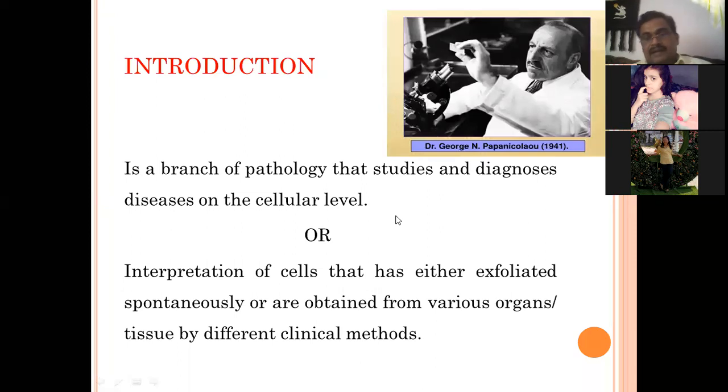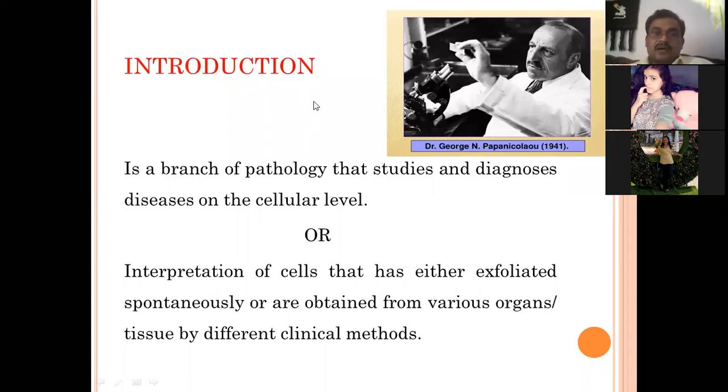Usually the cells are tightly bound with each other with the help of cohesive forces, under the effect of calcium. Calcium is needed for the normal binding of the cells. In case of malignancies, there is a deficiency of calcium, and therefore the cohesive force between the cells decreases, and therefore exfoliation or shedding of the cells is highly increased. And we obtain these exfoliated cells from different orifices, like in the fecal material, in the urine, in the milk, in the sputum. You can get these exfoliated cells.